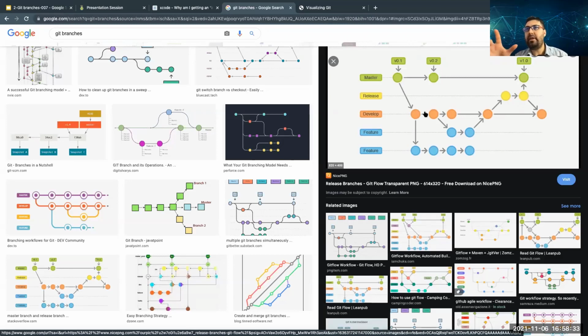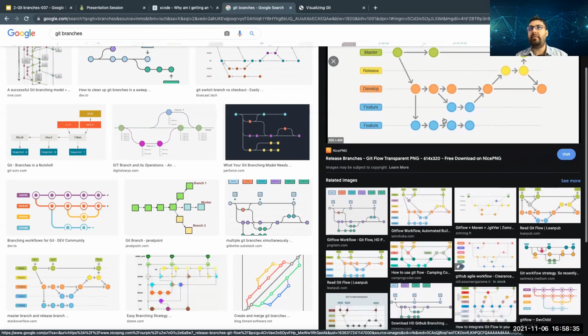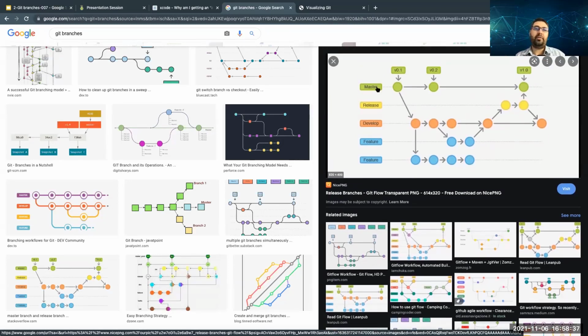So let's think about this picture again. The master branch, we never touch. This is most probably the branch for the final edition, so until it's finalized, we don't touch it. But we work on several other branches.